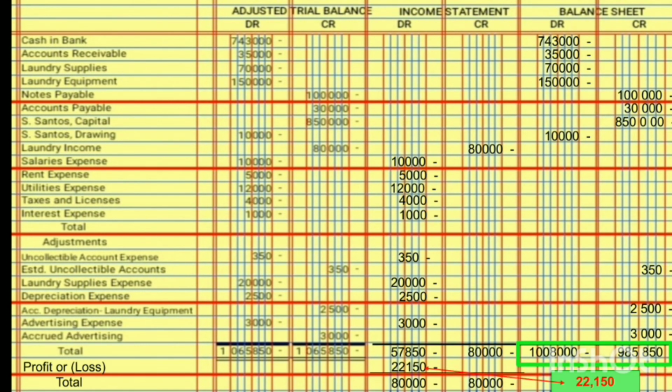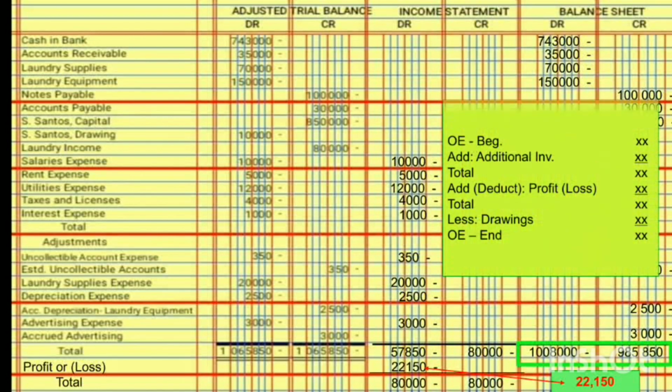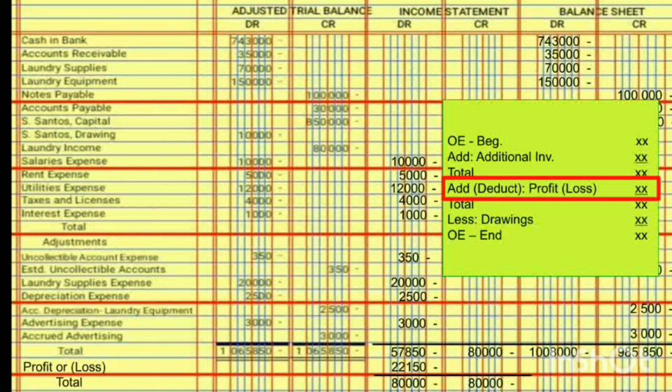which is 22,150 also. Take note that if we are going to compute for the owner's equity end, one of the components there is the profit or loss. If it is a profit, we're going to add it to the capital, and if it is a loss, we're going to deduct it from the capital. And here, since the 22,150 is a profit, we're going to add it to the capital. And since the normal balance and the increase side of the capital is in the credit, that means the 22,150 is going to be placed in the credit. So we have here